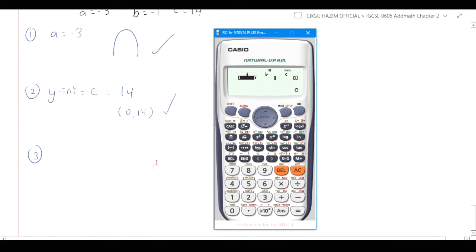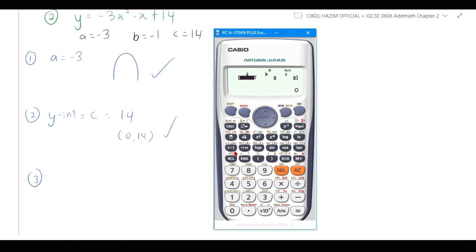It's kind of a simple and quicker method. So you put negative 3 as a, negative 1 as b, and c equal to 14. Okay, what will you get? x equal to 2 and x equal to, this one is in fraction here, negative 7 over 3,